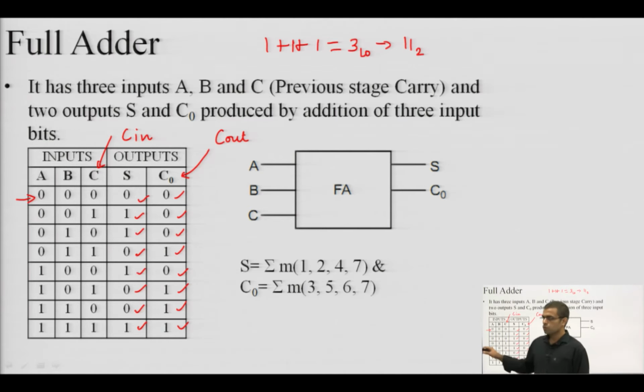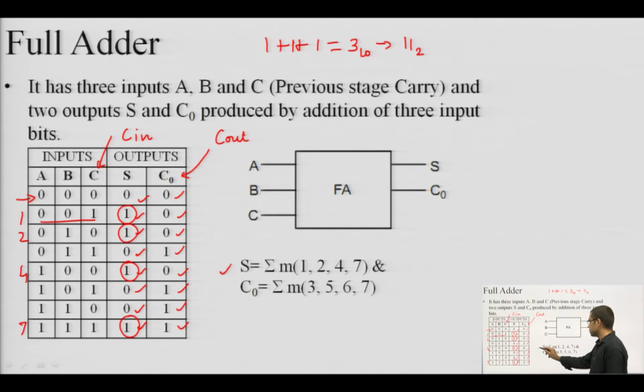So, that is how this truth table is prepared, and unlike a half adder, it is now not easy to write the expression straight away. So, we are finding the min terms. We can check that sum is high at 4 places. These are the 4 places, which are 0 0 1, that means 1, 0 1 0, that means 2, this is 4 and this is 7. So, 1, 2, 4 and 7. So, these are the min terms for sum.